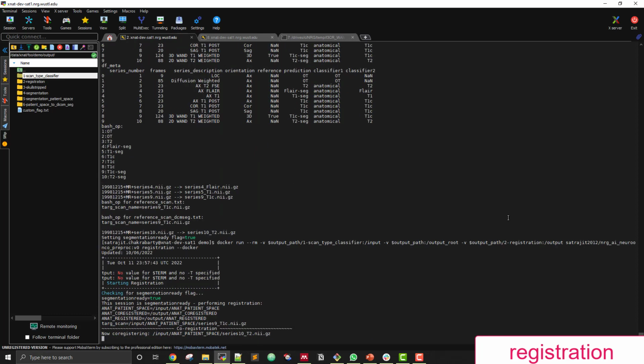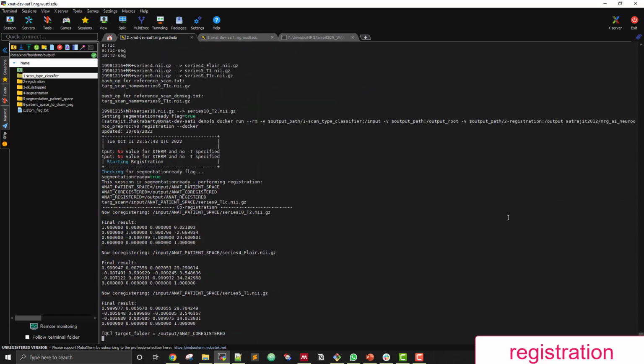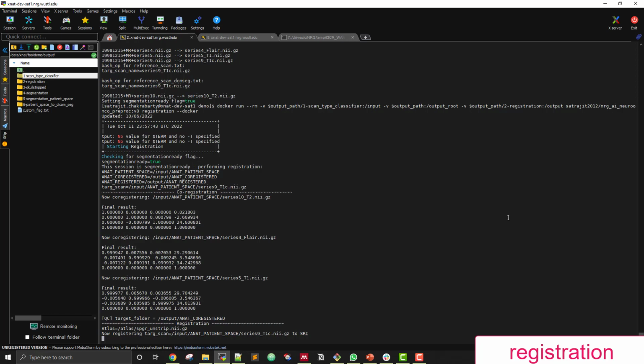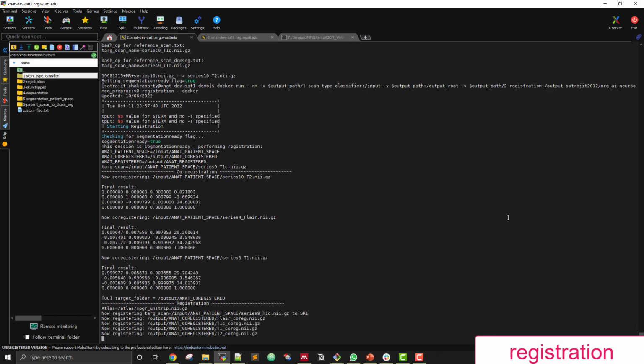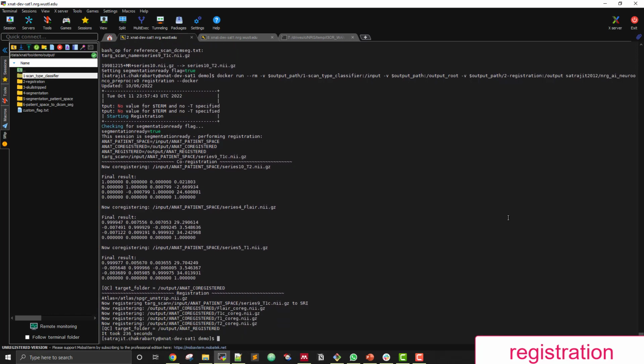So the registration is running now, and I have sped up this processing for the sake of this tutorial. And it took about 4 minutes to run this registration. And we go inside the registration output directory, and we see that inside the co-registered folder we have the co-registered scans, and inside the registered folder we have the registered scans.